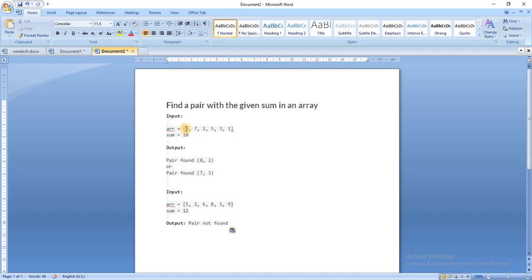Like we see here, 8 and 2, and here 7 and 3 are pairs equal to this sum. So we are going to start right now the implementation of this solution,